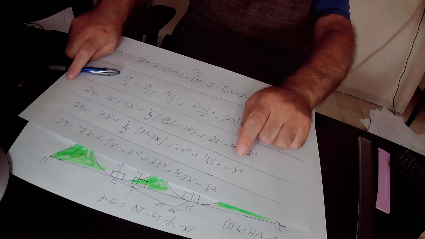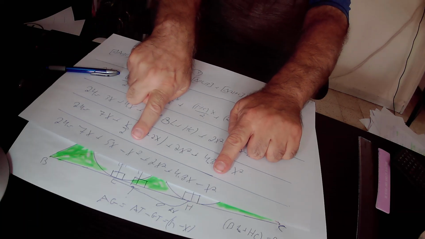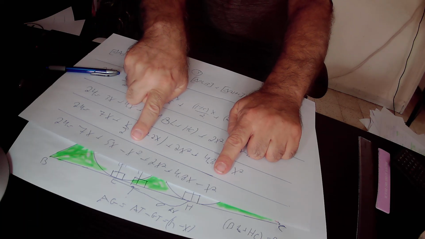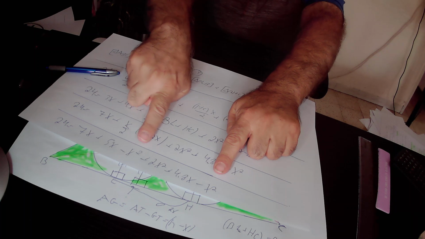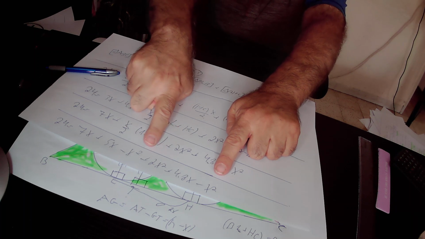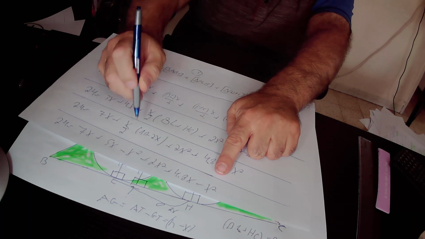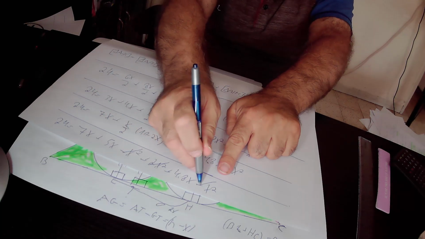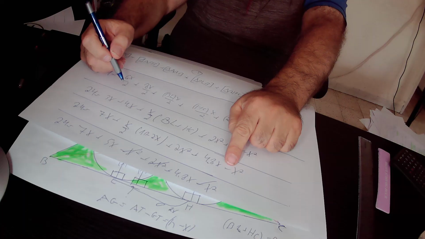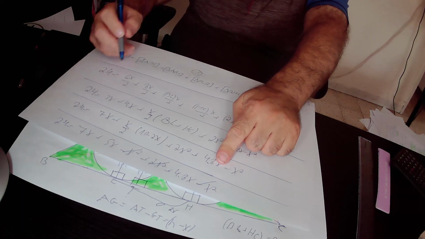So here we have minus x squared minus x squared is minus 2x squared, and minus 2x squared plus 2x squared is 0. So those three expressions will get cancelled. And we're left only with